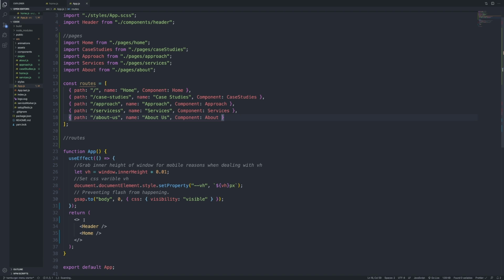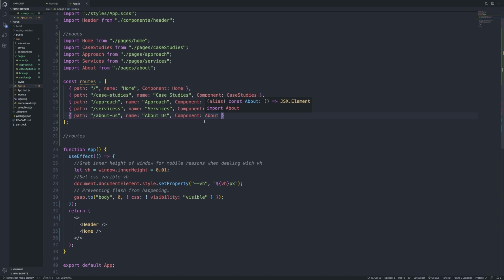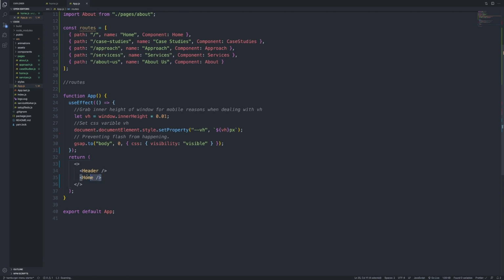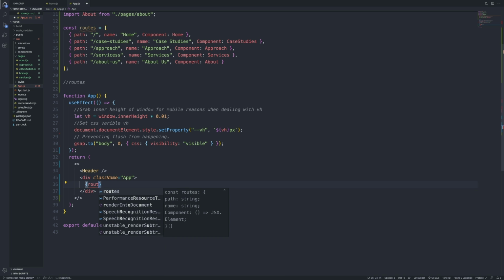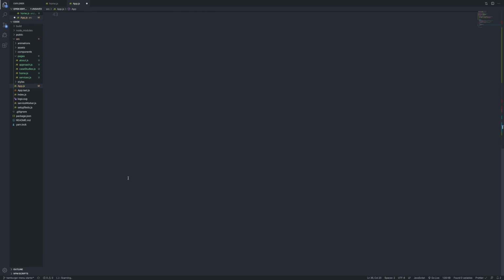routes and then return the component. So we'll want to check whatever URL we're on, and we'll want to match that exact path, displaying the component that we have. So right now I am returning home, but what I'll want to do is I'll add a div with the class name of app, and you can name it whatever you want. Some people usually have main. I'm just going to put app, and then we'll do routes.map